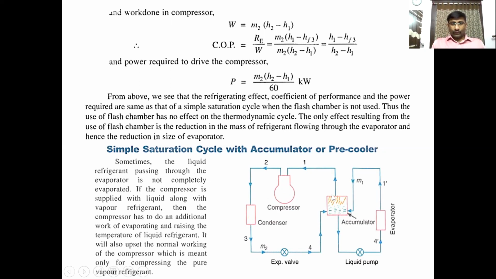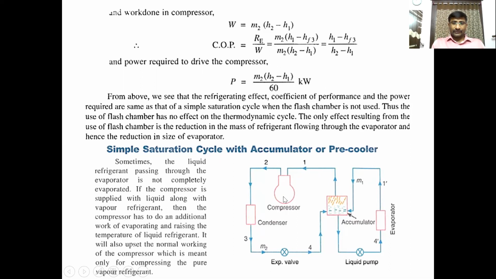is not completely evaporated. If the refrigerant passing through is not completely evaporated, that is, if only partial evaporation happens in the evaporator because it absorbs less heat, then the state 1' contains liquid and vapor again. The wet condition is there at 1'. So that vapors are